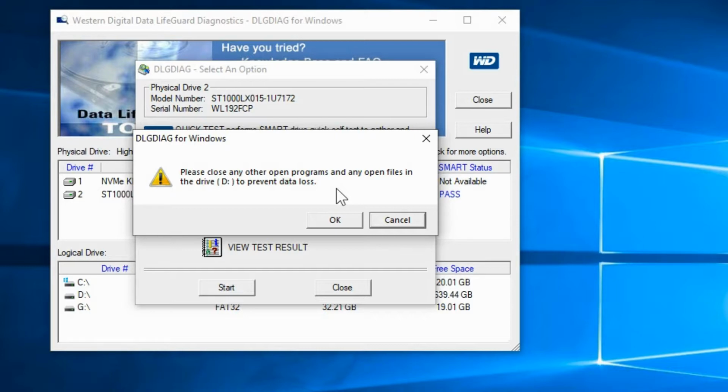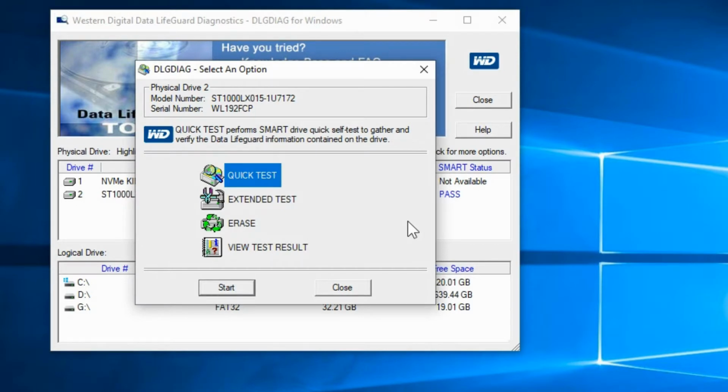I found out that half an hour of video recording is a complete waste of editing, because after the first few minutes of recording, I noticed that after hitting OK on this message, it actually cut out my screen recording. So I'm having to re-record the remainder of this video. So I can't run this test, so I'm going to cancel that.